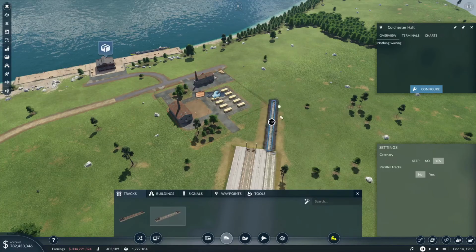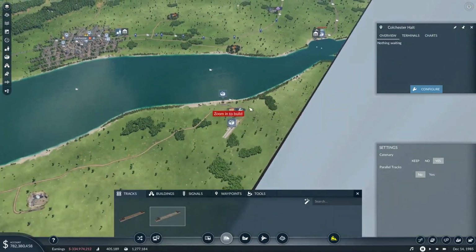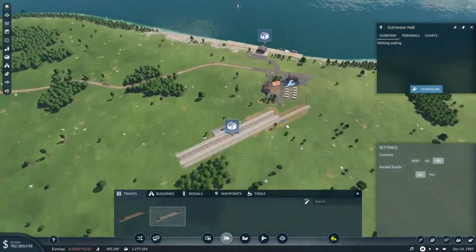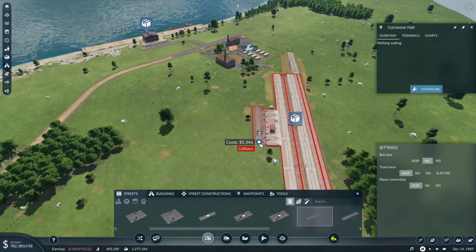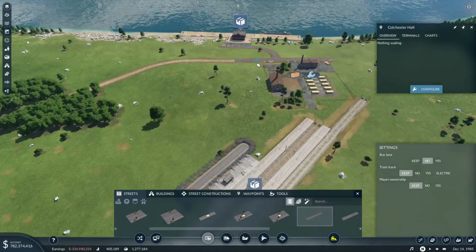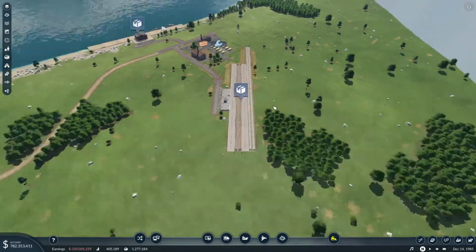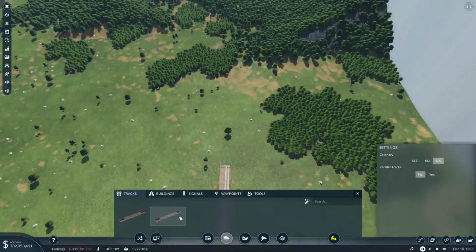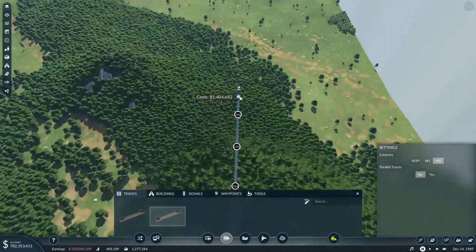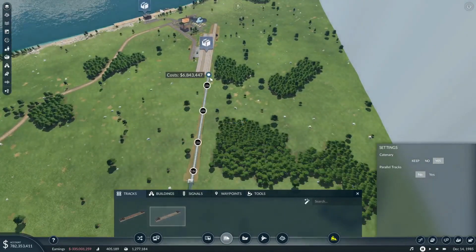Yeah. It will just clear. But that will work, because that is going to connect in up there. Great, so now if we come in here with a roadway, then we connect that in. So now this station is connected. And now let's connect the high-speed rail first. And the reason for that is that I'm more concerned with the speed of the